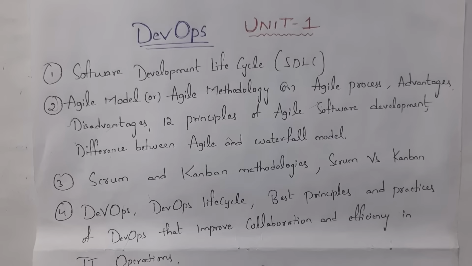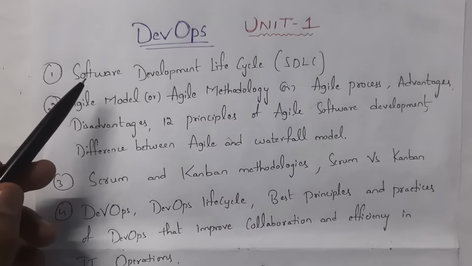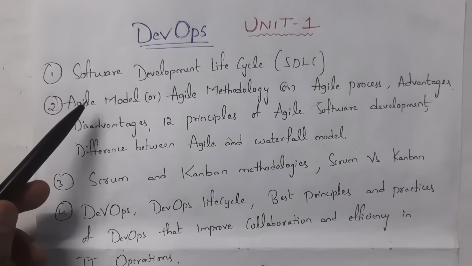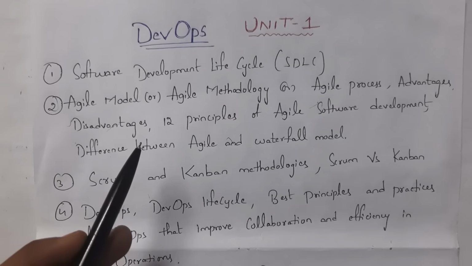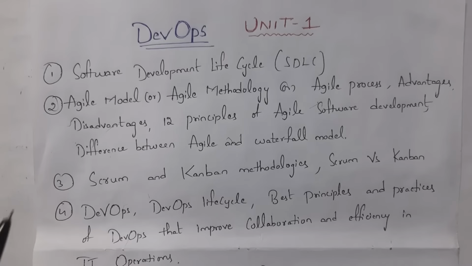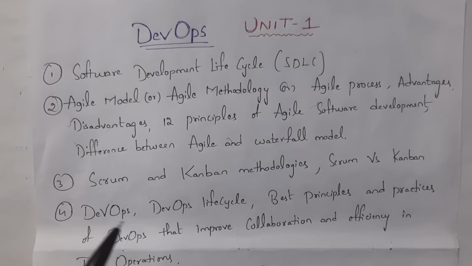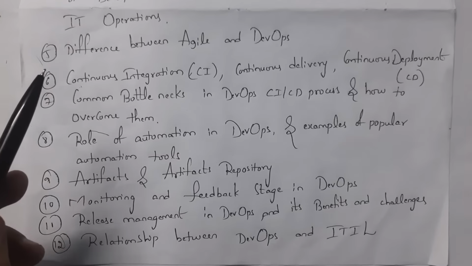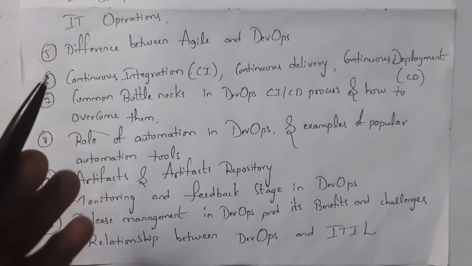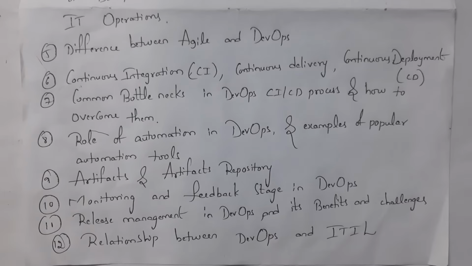In this video, I'll be covering complete Unit 1 in DevOps subject. I will explain what is software development lifecycle, agile model, 12 principles of agile software development, difference between agile and waterfall model, what is scrum and kanban methodologies, and difference between scrum and kanban, what is DevOps lifecycle, best practices and principles of DevOps, difference between agile and DevOps, and what is continuous integration, continuous delivery and continuous deployment, and